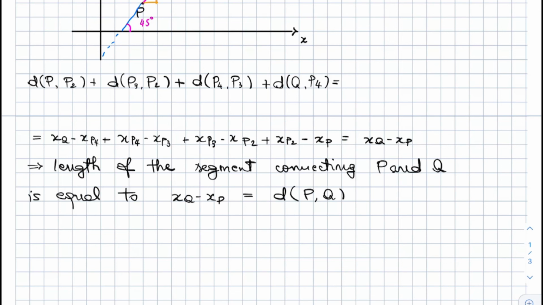The reasoning you will have to use is basically the same as the one we used here, with the difference that in this case the absolute value of the difference between the x-coordinates won't coincide with the absolute value of the difference between the